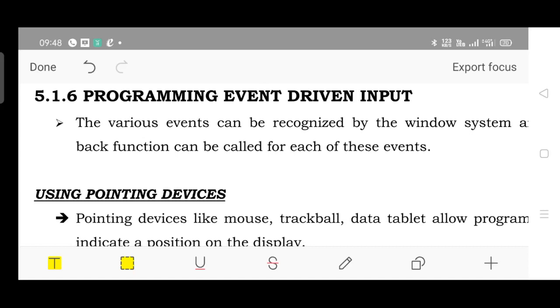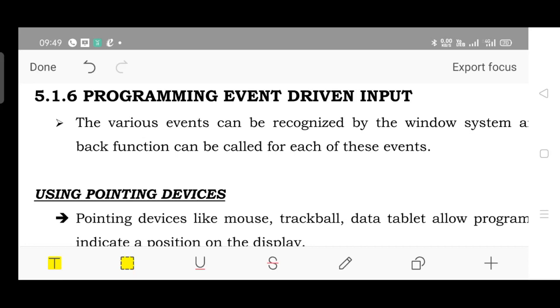There are three mouse buttons we have. Obviously, if you are using a QWERTY keypad, there are many keys available. We have functional keys, special keys, and normal keys, and we will be coding for them as per our requirement. How to interface the input output devices with OpenGL is the topic of discussion.